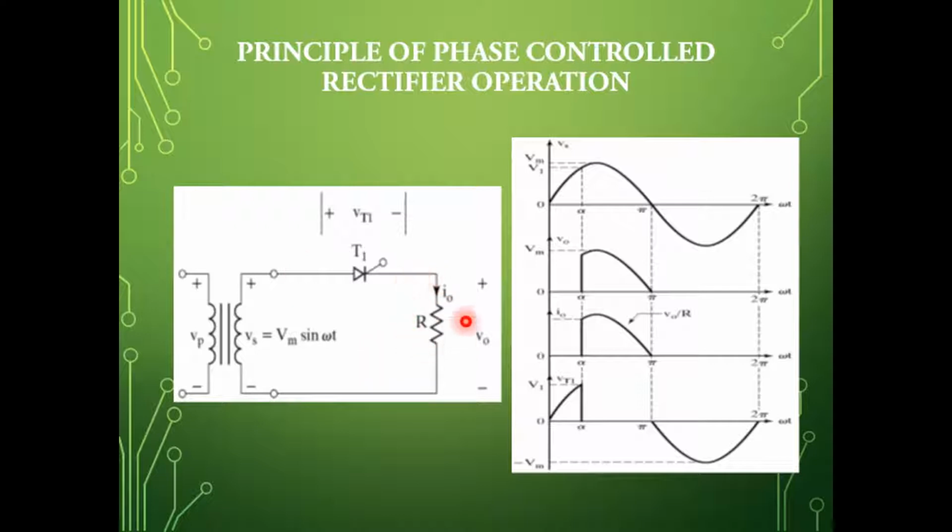So it is explained with respect to the resistive load. So we'll see how it operates, and the same working principle we will apply for the different types of converters which we are going to learn. So for that, we'll consider the waveform, the input which is AC, which is fixed. Okay, and we'll consider the gate signal which is being applied.